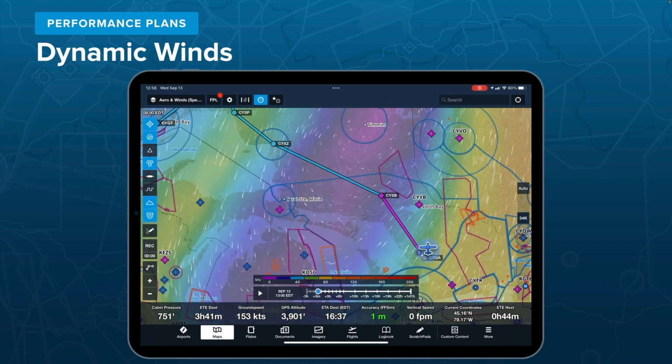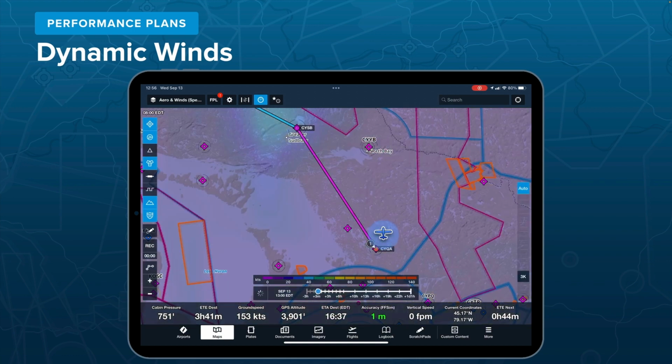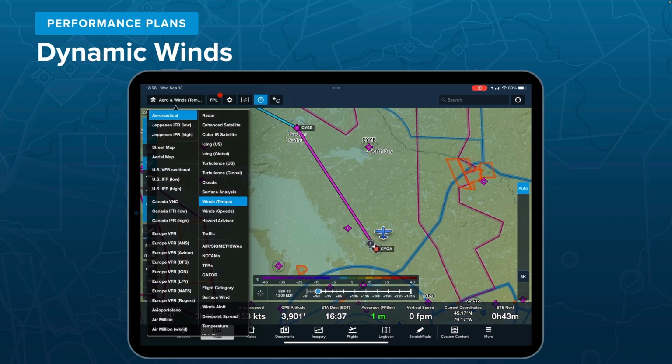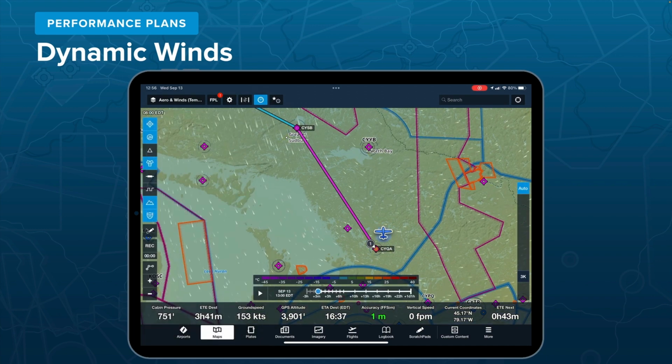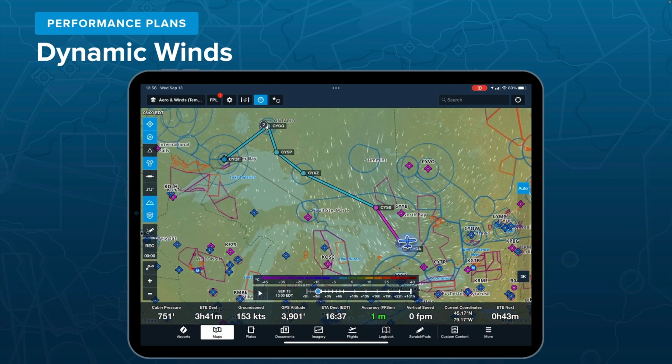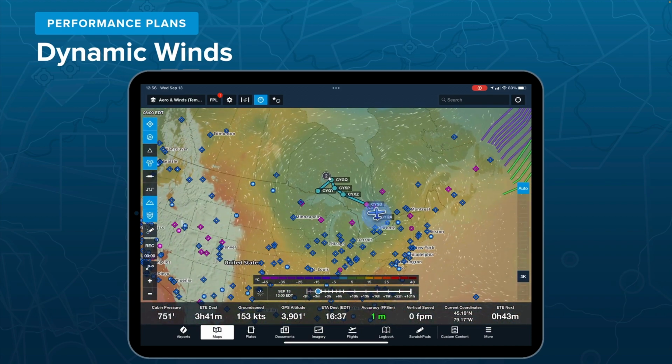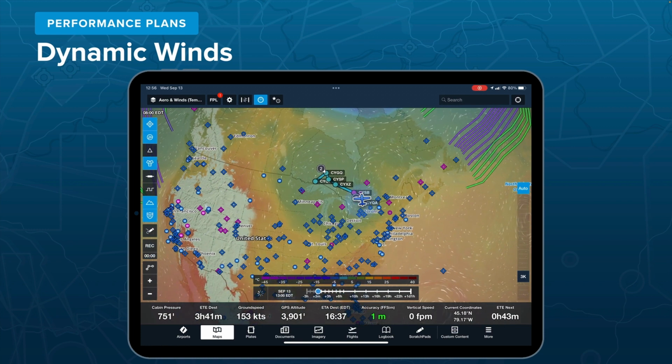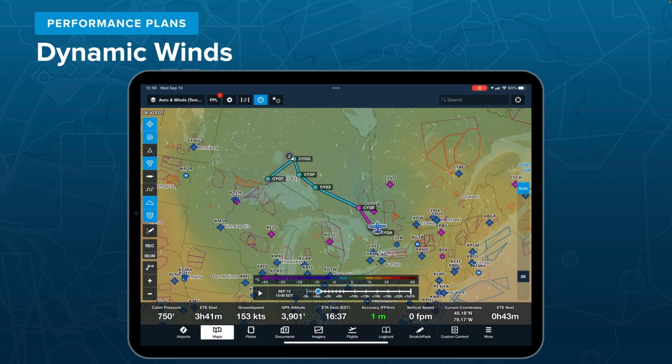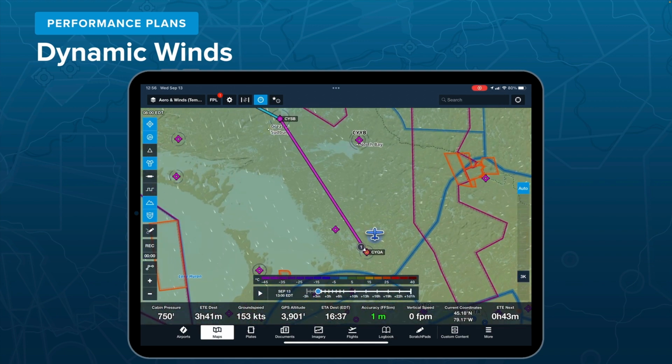It displays both winds in temperature and winds in speed layers. So it's a very colorful map that covers the whole globe. You can select those layers through the drop-down menu. And overlaid on each layer, there's a time slider as well, so you can forecast winds into the future, basically into a 24-hour period up to like 63,000 feet, which is fantastic. Not that many of us are flying in those altitudes,